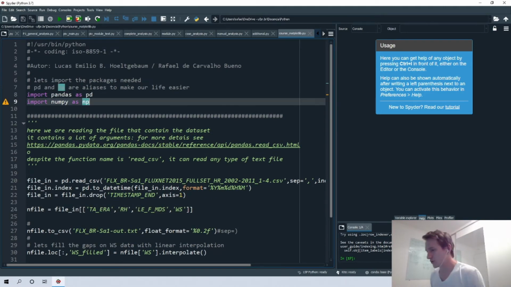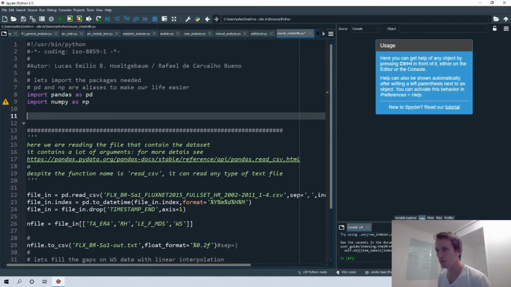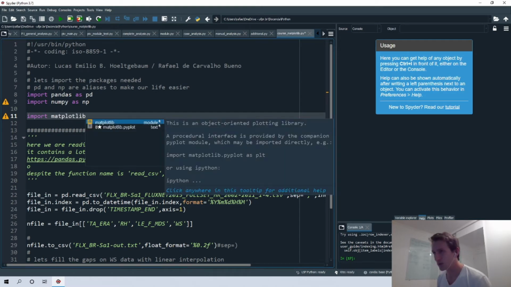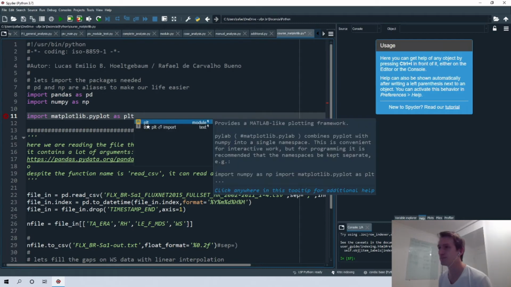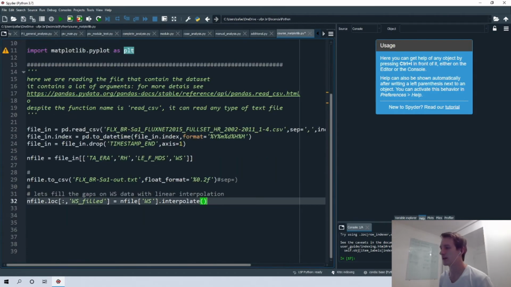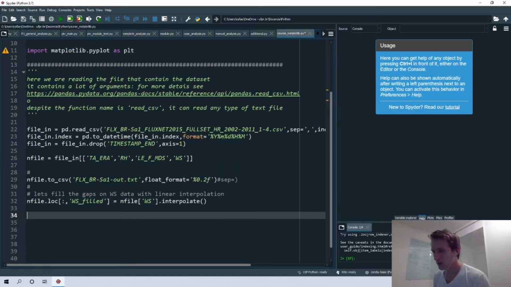So the first thing to do is import the Matplotlib library: import matplotlib.pyplot as plt. Then we can create the figure where we have our plots.